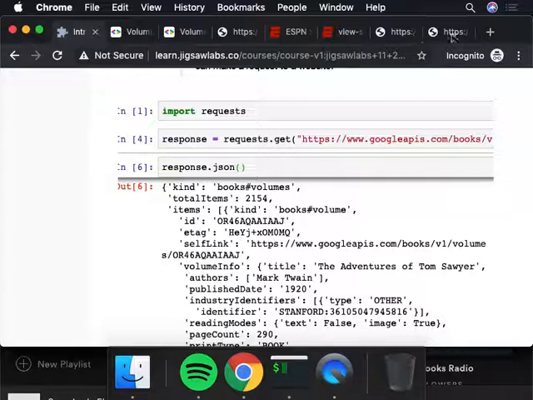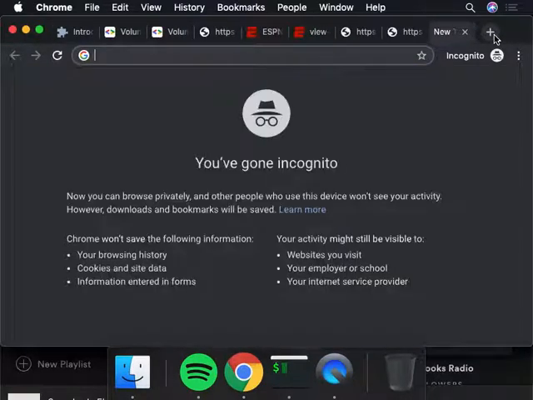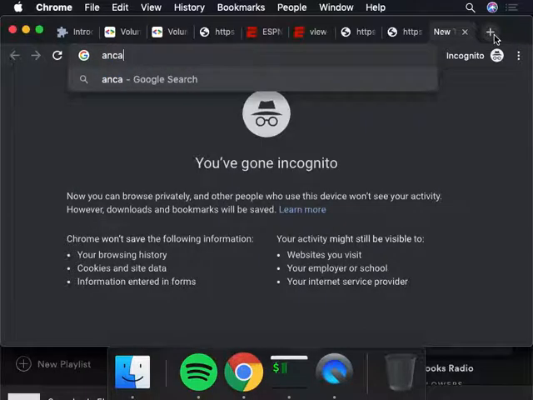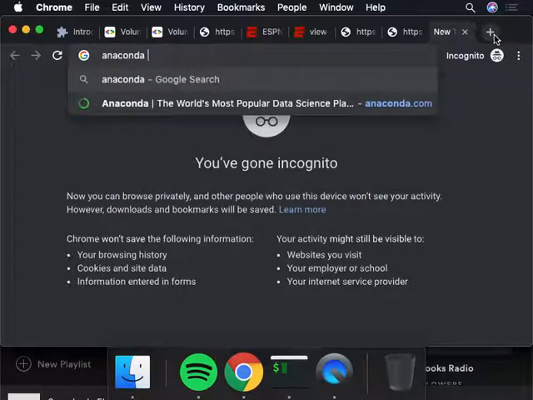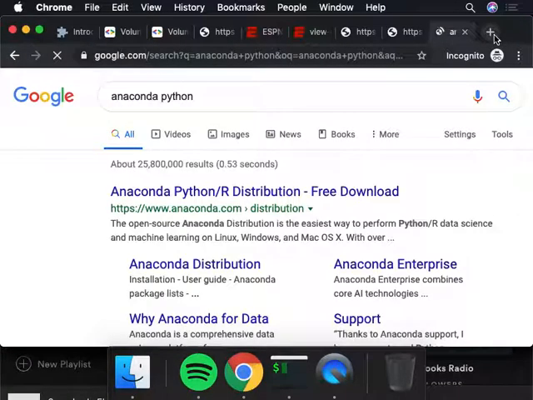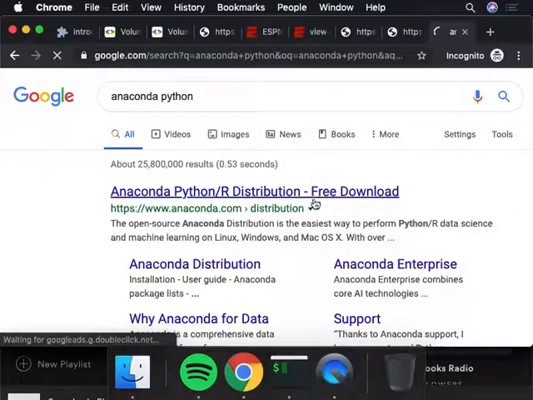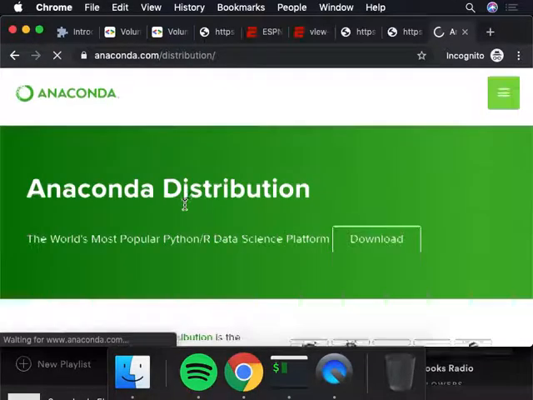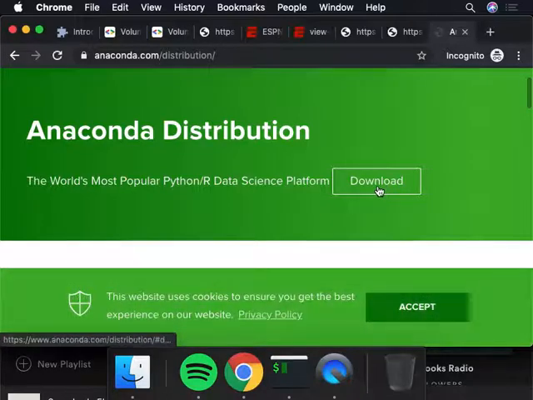Like I said, this is a coding environment that all developers use. Another thing you can do is download Anaconda. Just type in Anaconda Python. This is probably the easiest way to get Python and everything you need installed. It immediately brings you to the free download, and you can click on download. It's pretty standard, but I can help you out next class.